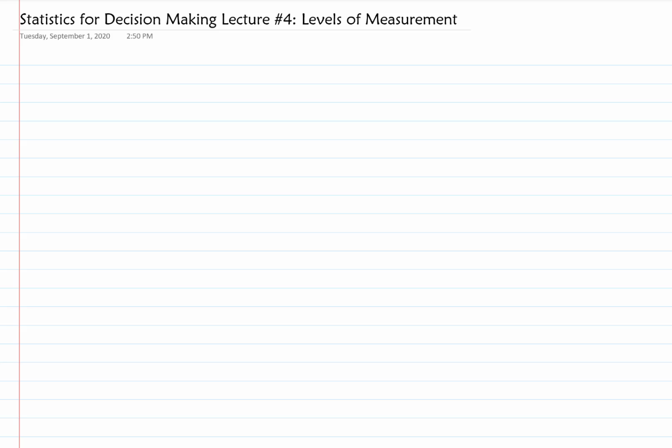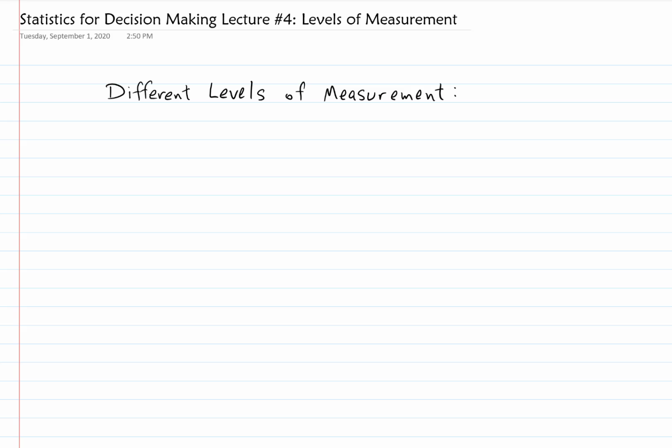But what we want to do now is move on. We're going to skip this little part that you might find on page 20, called variation in data. We'll come back to variation later. I want to go to section 1.3 and do levels of measurement. So let's start the written notes here. Different levels of measurement. This doesn't necessarily mean levels like getting better and better, where one's better than the other. It's just 4 different kinds. And in certain situations, one might be better than another.